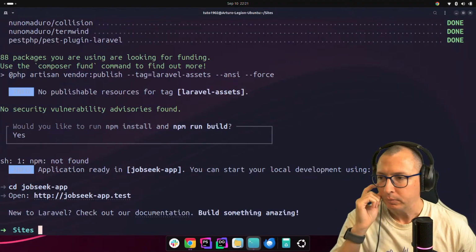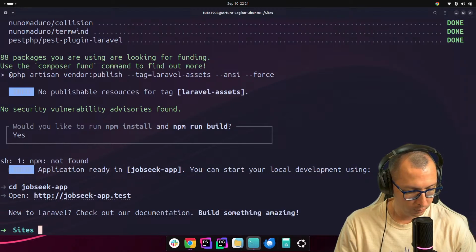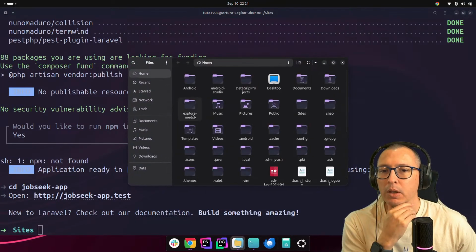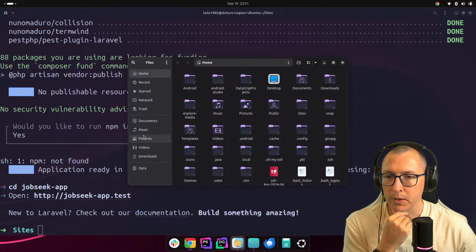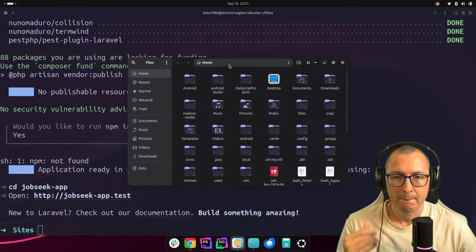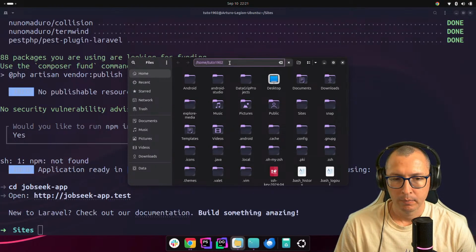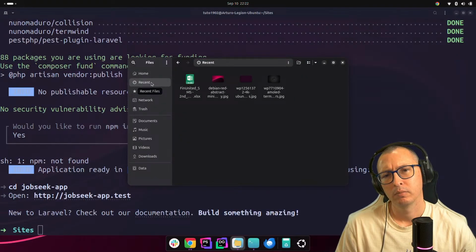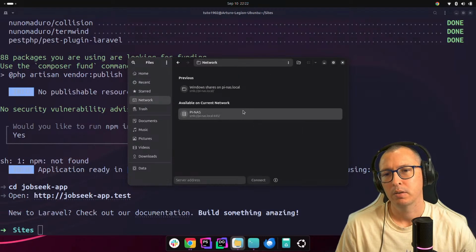So I need to get into my drive. Network. There it is.